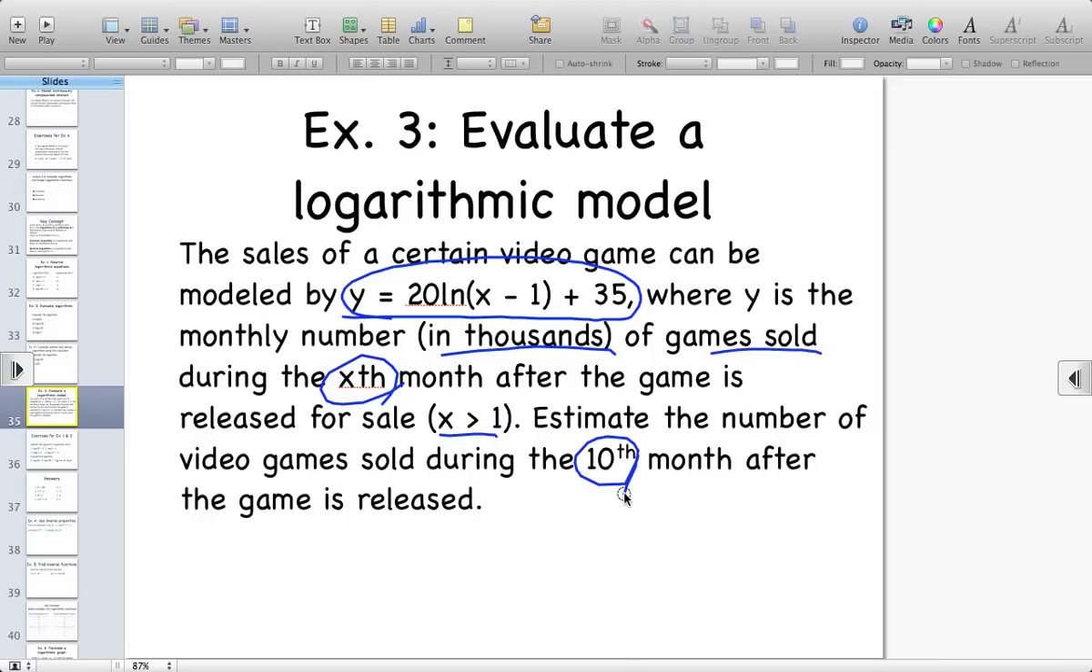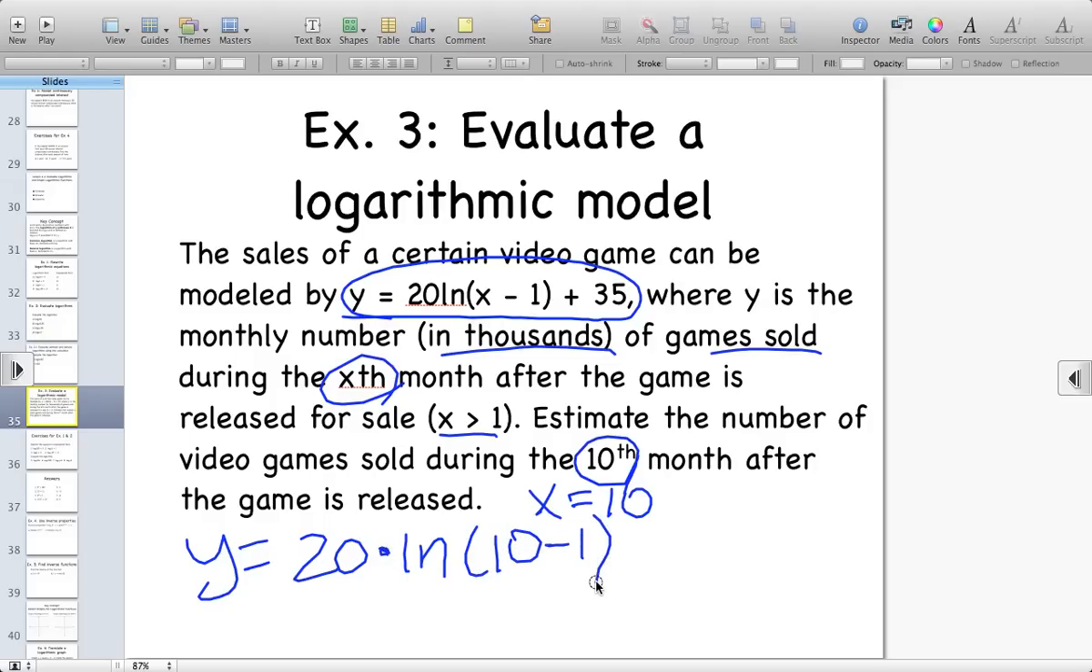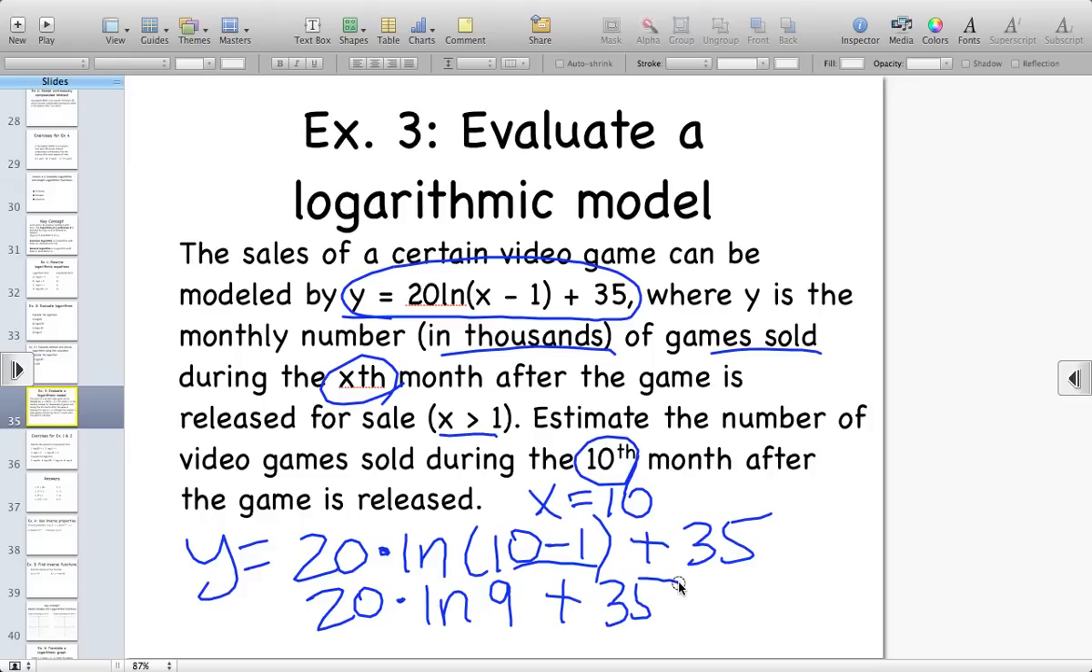All right, well, 10th month, x month, so x is equal to 10. So plug that in. So y is going to be equal to 20 times the natural log, I'm going to put a multiplication symbol there to make it easier for me, of 10 minus 1 plus 35. Now make sure you follow your order of operations correctly. 10 minus 1 is 9, so we're going to find the natural log of 9 first, then multiply it by 20, and then add 35. So on our calculator, we go through that process. Natural log, 9 equals times 20 equals plus 35, and we get something approximately